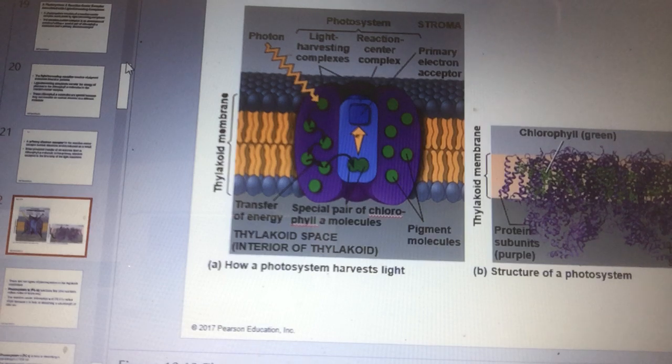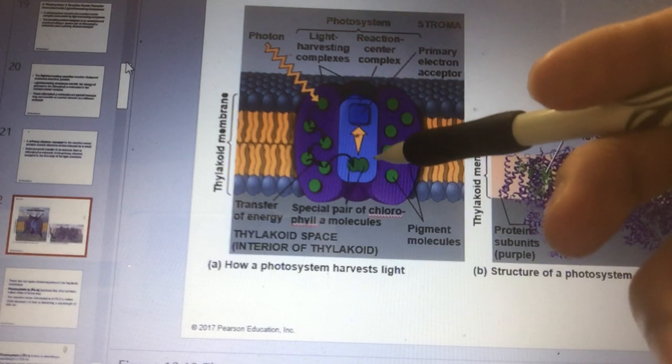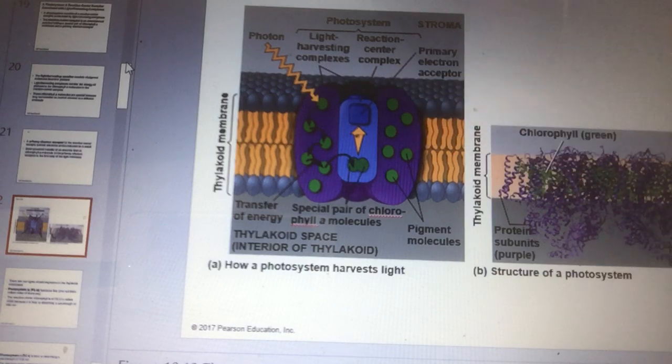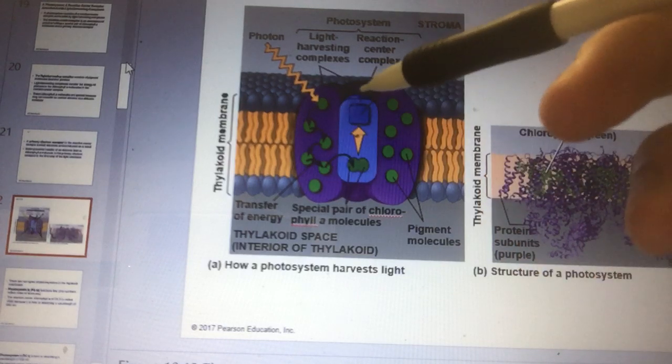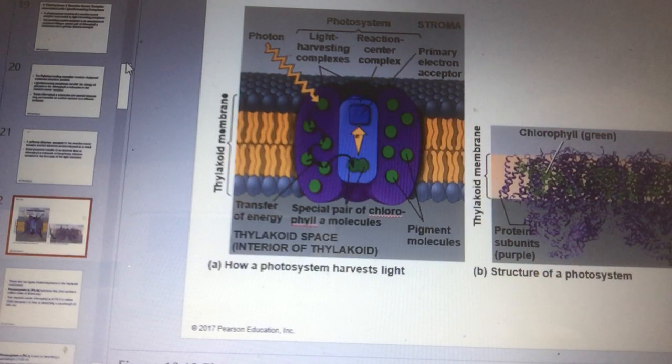One more thing. This one specifically is photosystem 2. For photosystem 2, the reaction center complex is called P680, because it absorbs wavelengths of 680 nanometers. In photosystem 1, the reaction center complex is called P700 because it absorbs wavelengths of 700 nanometers. So now we know what a photosystem is. We can move on to the